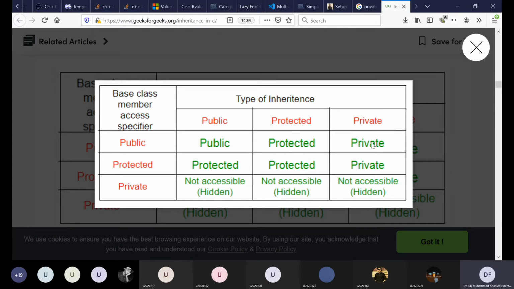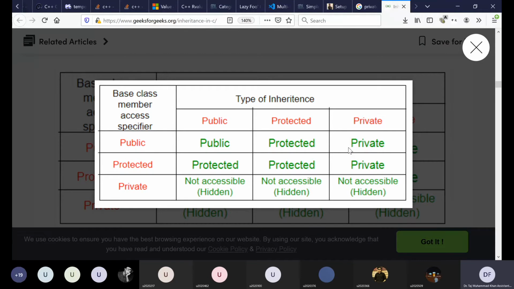But here there is another level of protection: these member variables have become the private member variables of this derived class, which means if you derive a third class from this derived class, a second level of inheritance, these members which were public for the base class have now become private for the derived class. They will not be accessible inside the third derived class because they are private member variables of the derived class, which is the base class of the third class.